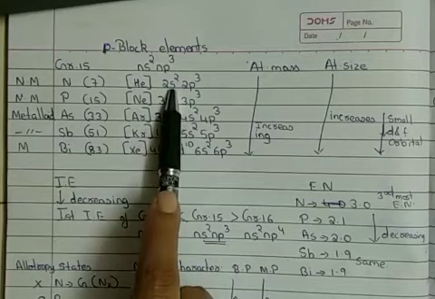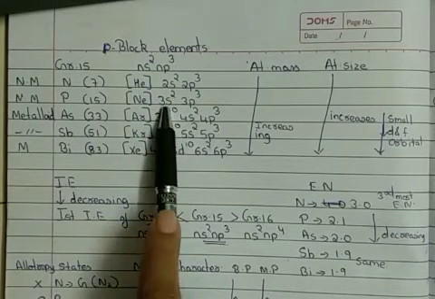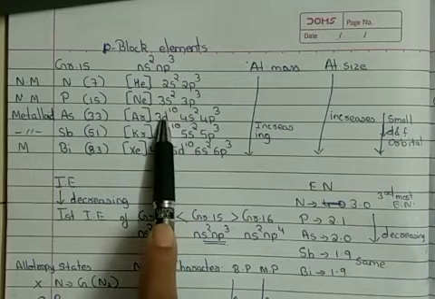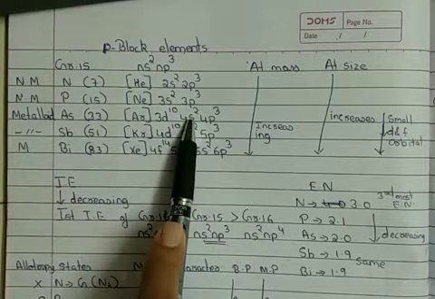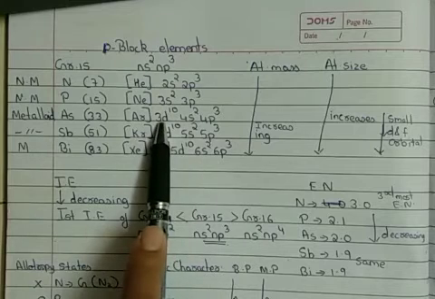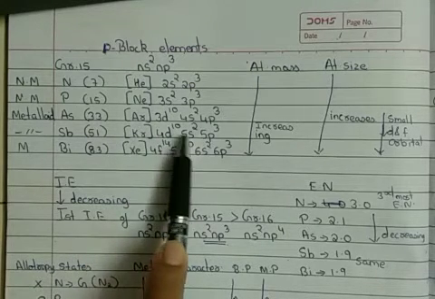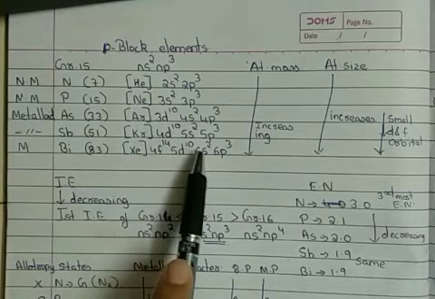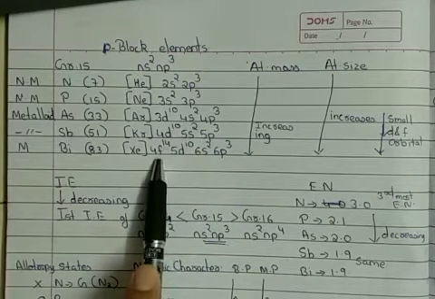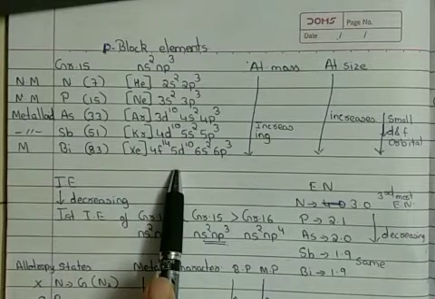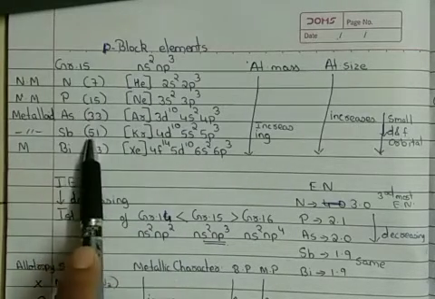So you could see that as we move to the lower elements, we not only fill s and p, but we also fill d and f orbitals. Okay, when we go for 4s, after 4s we fill 3d, so that has come into account. After we fill 5s, 4d comes into account. After we fill 6s, 5d and 4f come into account. So this is the general electronic configuration of respective elements from group 15.